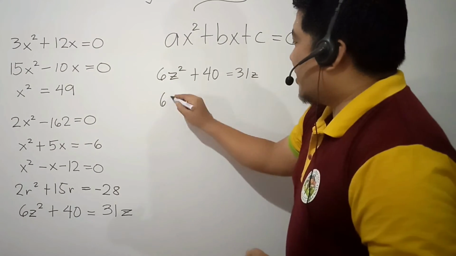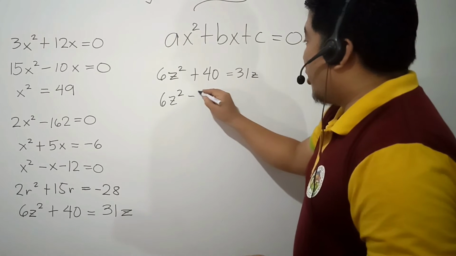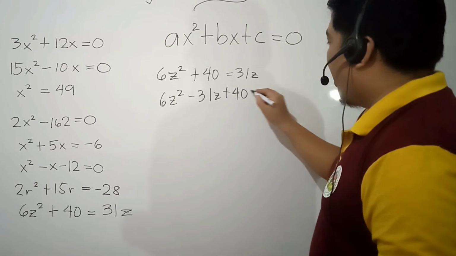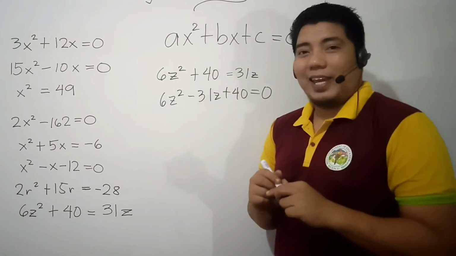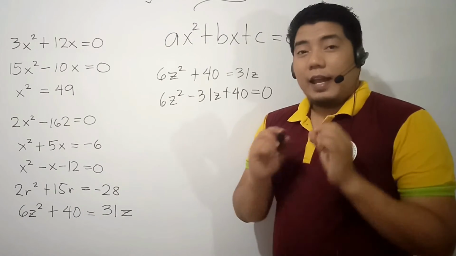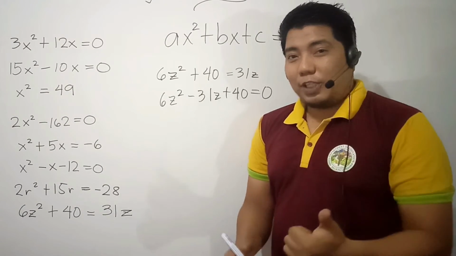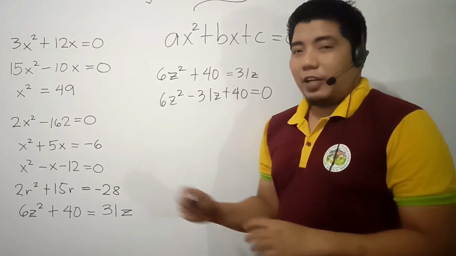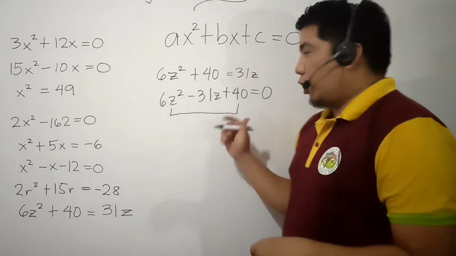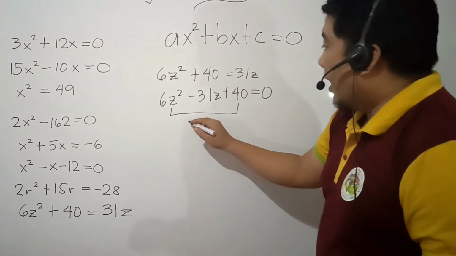Okay, so that is 6z squared minus 31z plus 40 is equal to 0. You have seen that the middle term is a negative 31z. Now, let us apply our first step in solving this kind of scenario. What we will do is multiply the first term and the last term. So 6 times 40 will give us